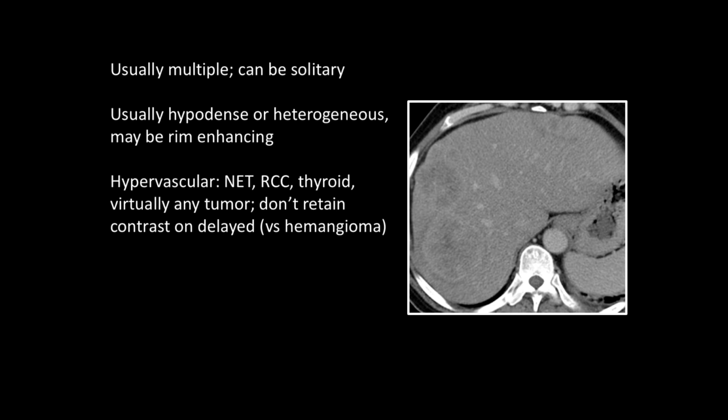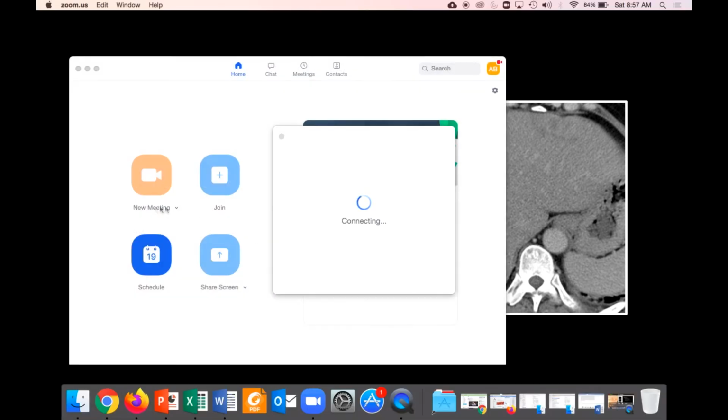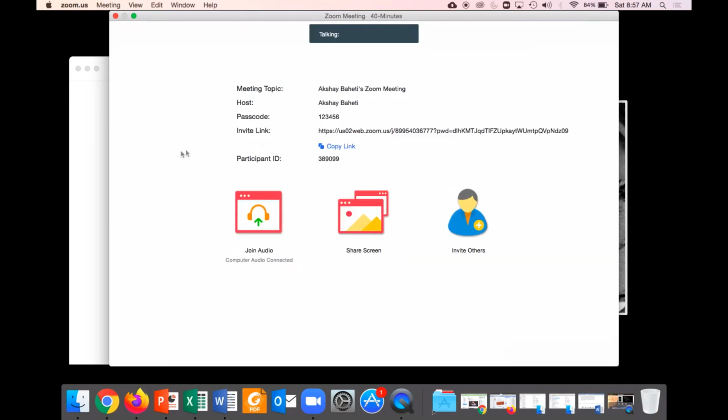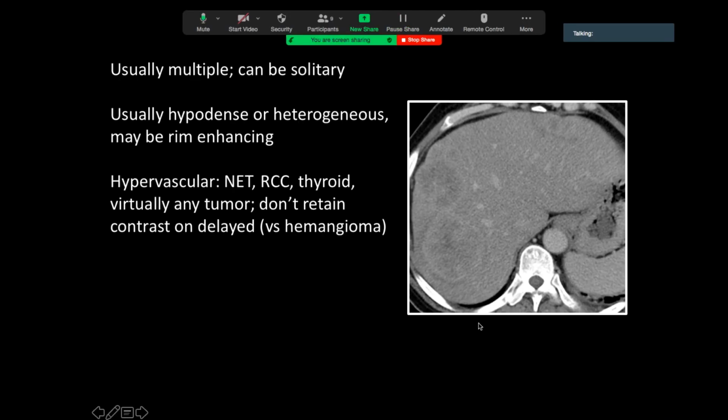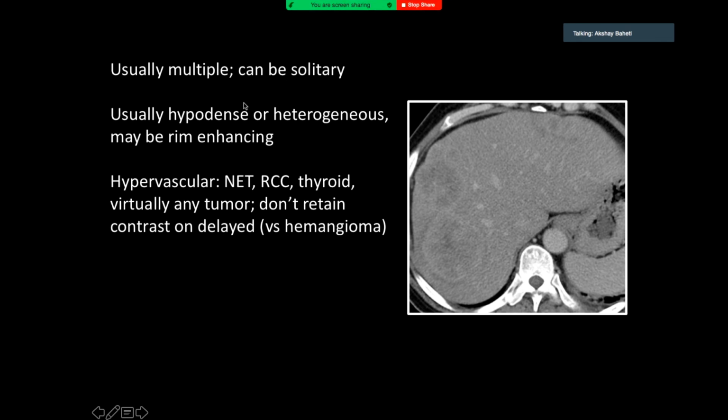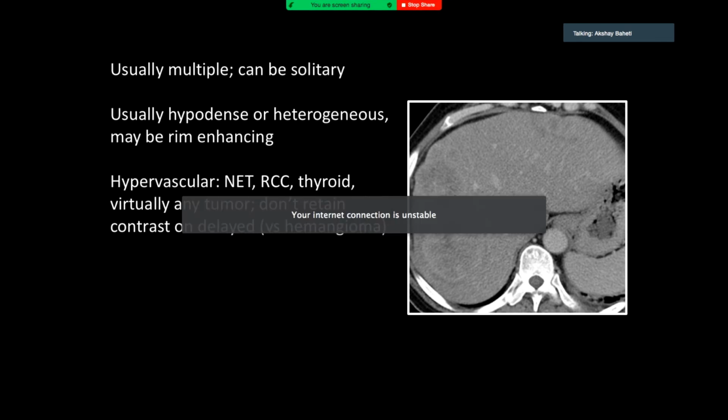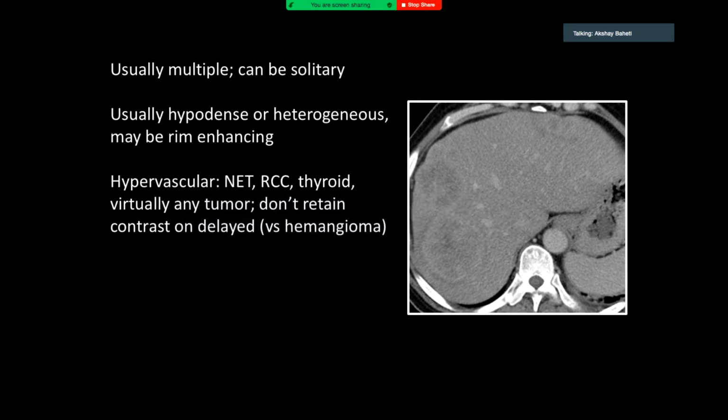So if you see a liver which is studded with Mets, this is usually more true when there are a lot of Mets. If it's 1 or 2 Mets, it's not enough. But if you see a liver studded with Mets, generally my ballpark is more than 50% of the liver looks involved with Mets, LFTs must be abnormal. They have to be abnormal. The only exception is NET. If you see a diffusely metastatic tumor in the liver and liver function is still normal, it is NET. If the liver function is abnormal, it's not NET. That can be something else. It can be adenocarcinoma or whatever. So that's a good way to remember or suspect NETs.